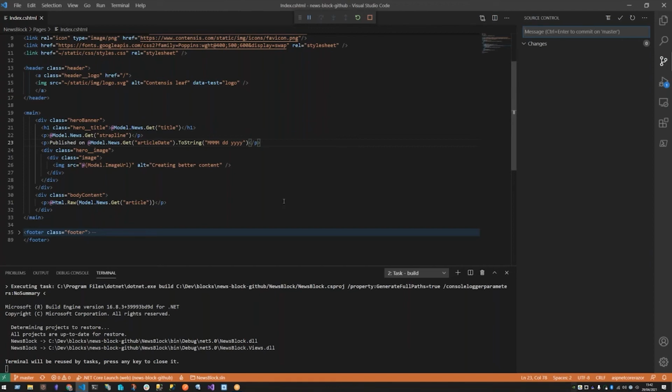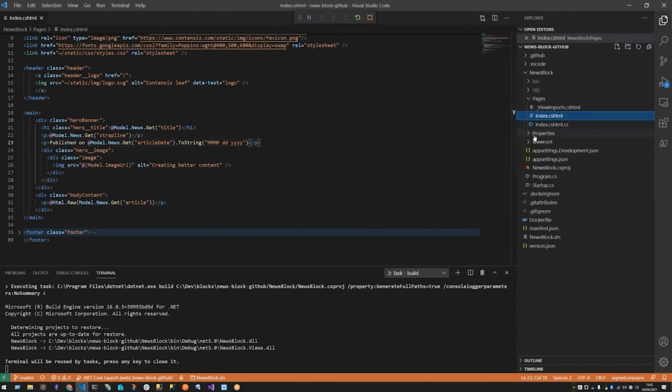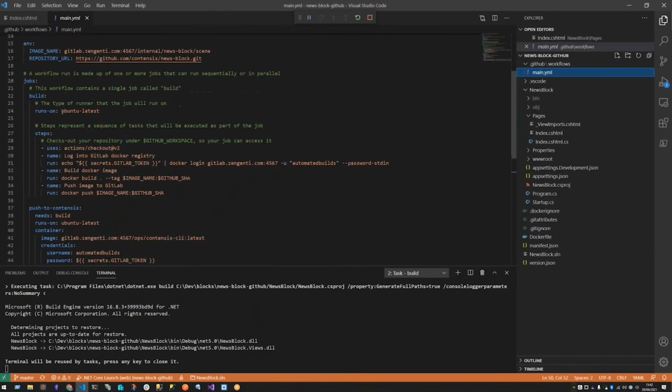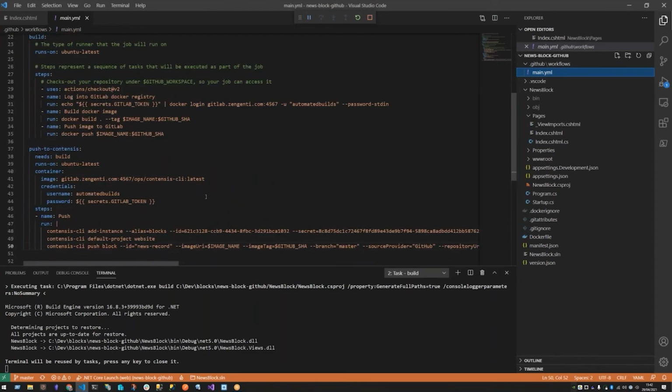So GitLab has pipelines. GitHub has workflow actions. But very similarly, nowadays, all CI is pretty much configuration in code. So you get a GitHub workflow action, and it's doing the same things. It's building the Docker image, and then it's got to push to Contensis stage. And there's only a few little differences here